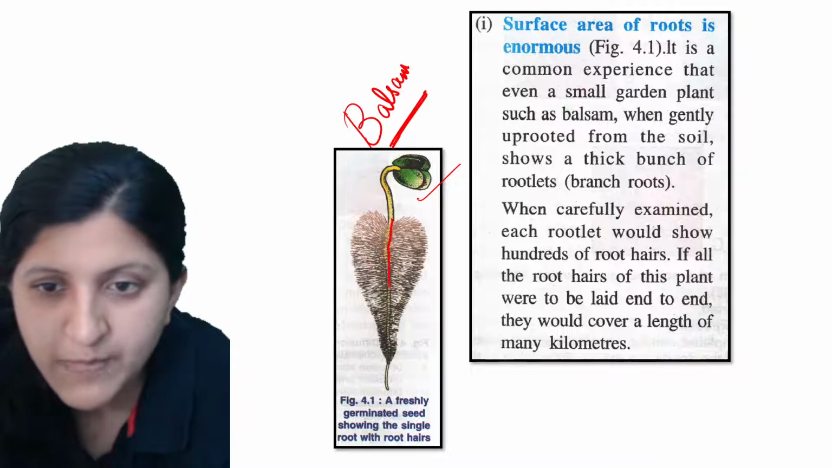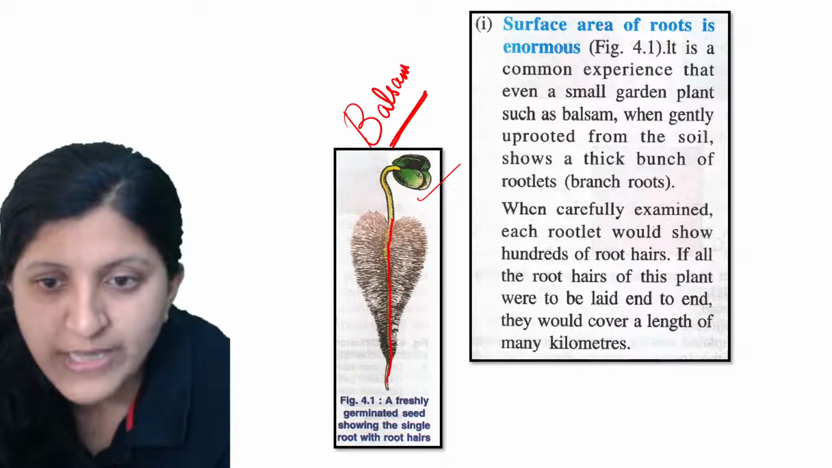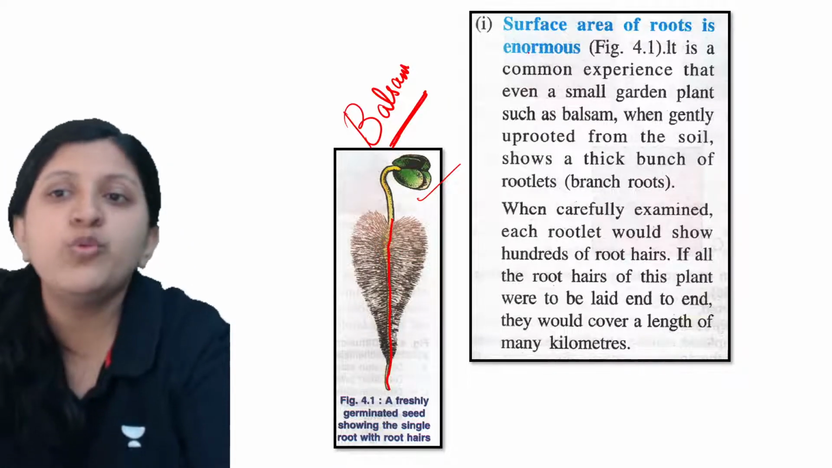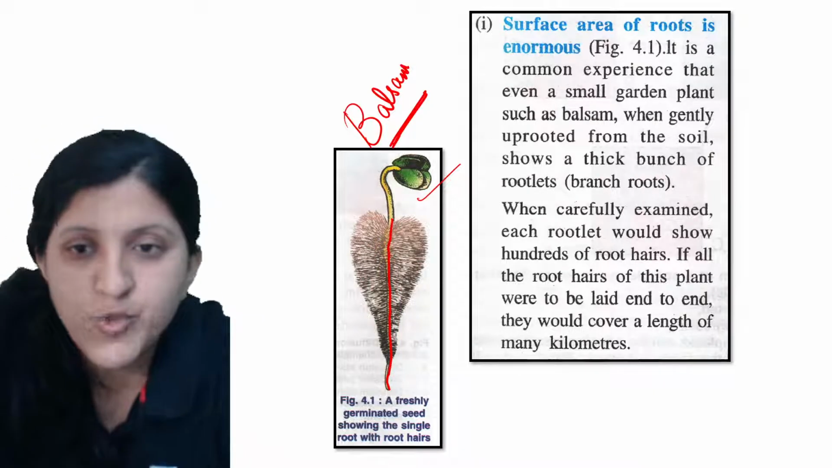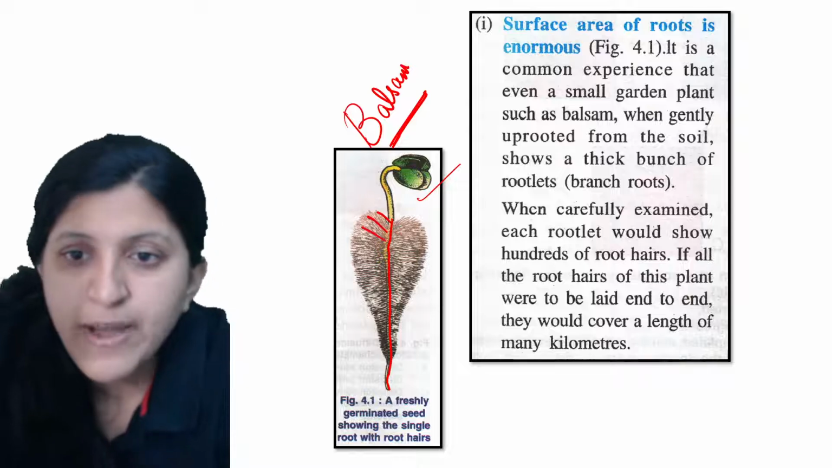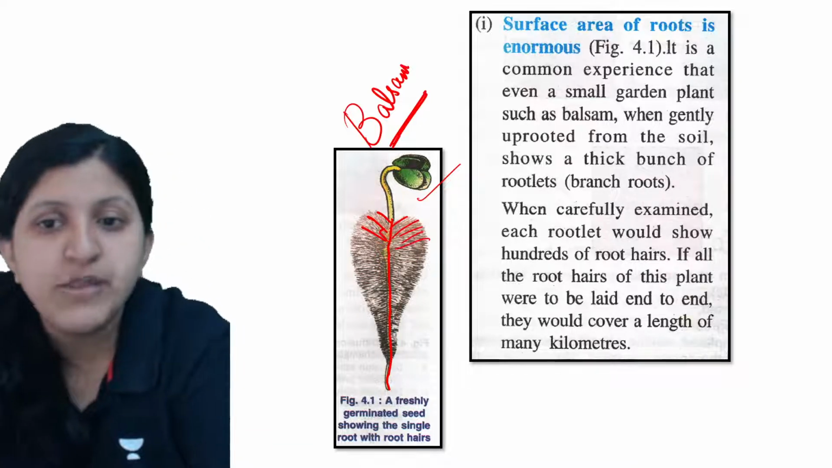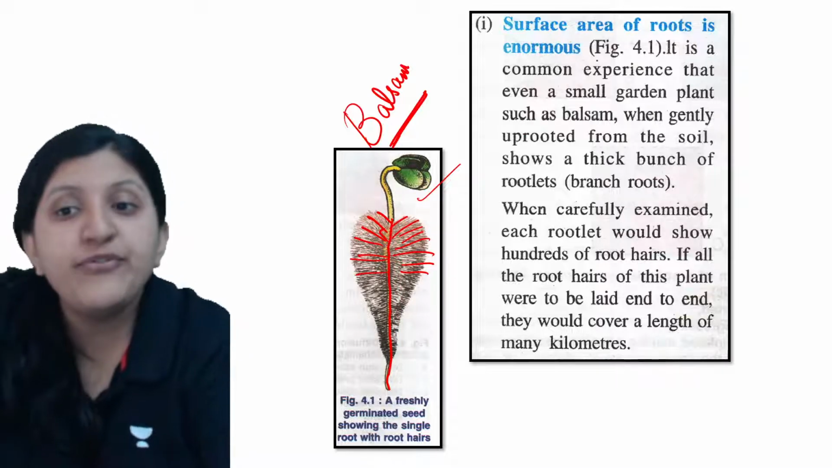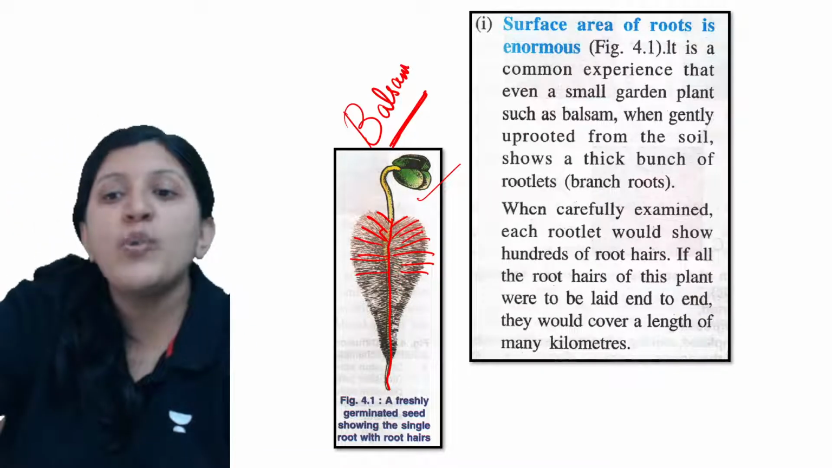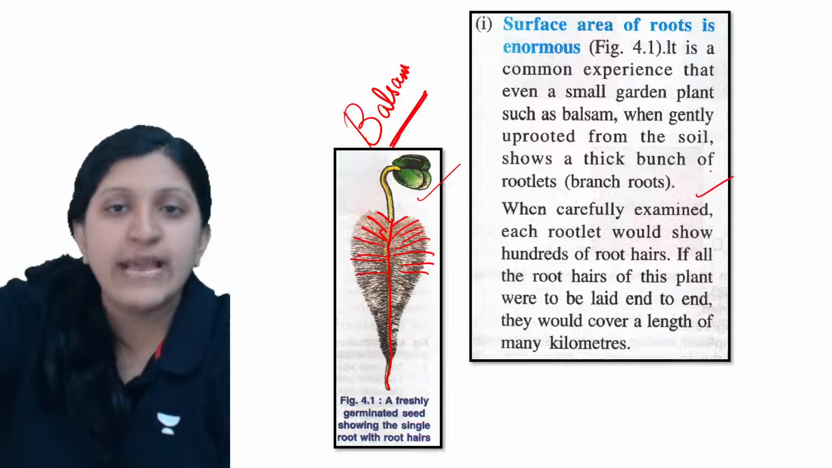So this is the main root, and with this main root, you will see a bunch of rootlets. That is the root branches. So these are the bunch of rootlets that you see. Now for each of these rootlets, when you carefully observe or examine it,